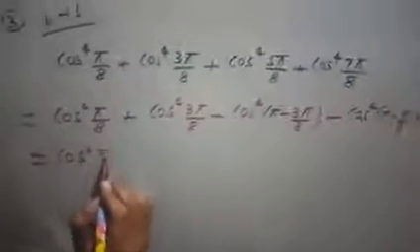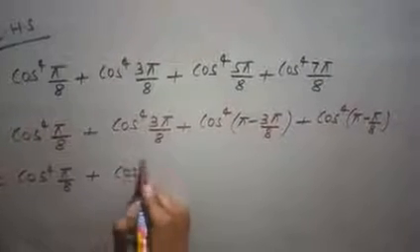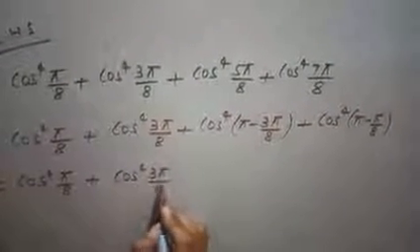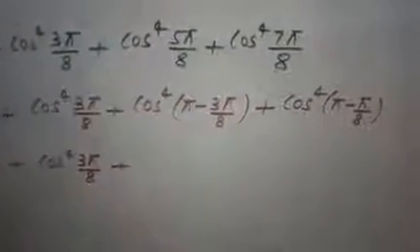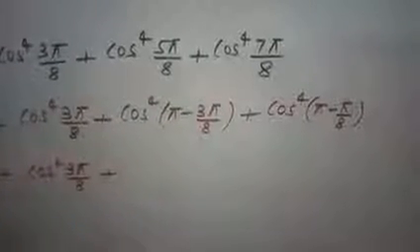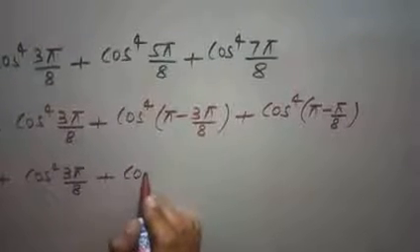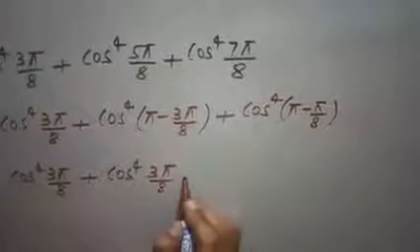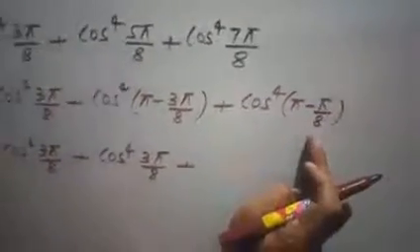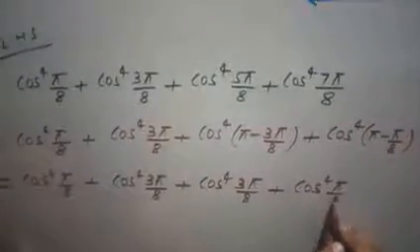Now in the next line, again cos 4 pi by 8 plus cos to the power 4 3 pi by 8 plus, now cos of 180 minus theta is minus cos theta, but here it is an even power, so that will be positive. So here we can write cos 4 3 pi by 8. Similarly, cos of 180 minus theta is minus cos theta, but even power, so again cos to the power 4 pi by 8. Now if we see this and this,